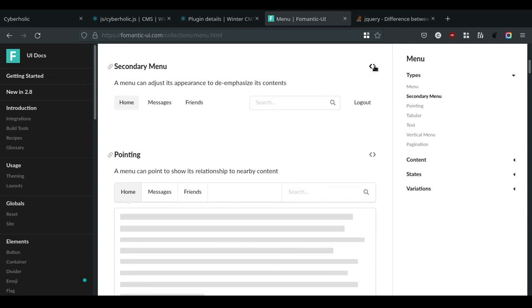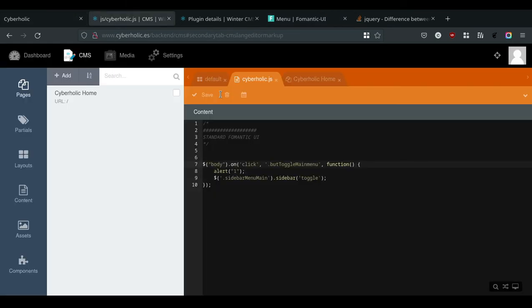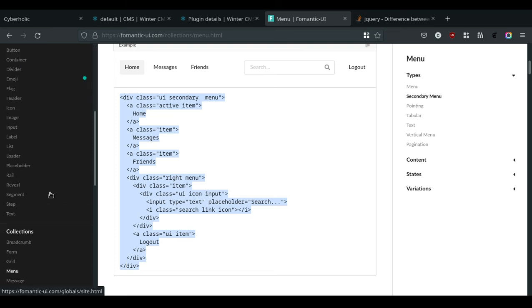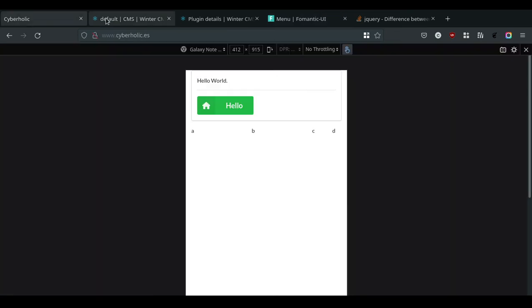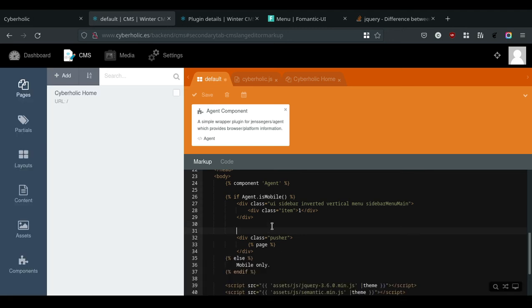So I open up the code, copy it. And if I remember, it's simply by putting it on a fixed class, and then everything should be fine. The important thing about this is the fixed menu. Oh, you see, I forgot it. I think that it must be outside the pusher, because otherwise the menu would also be pushed. Yeah, I'm absolutely sure it needs to be outside our pusher element, because otherwise